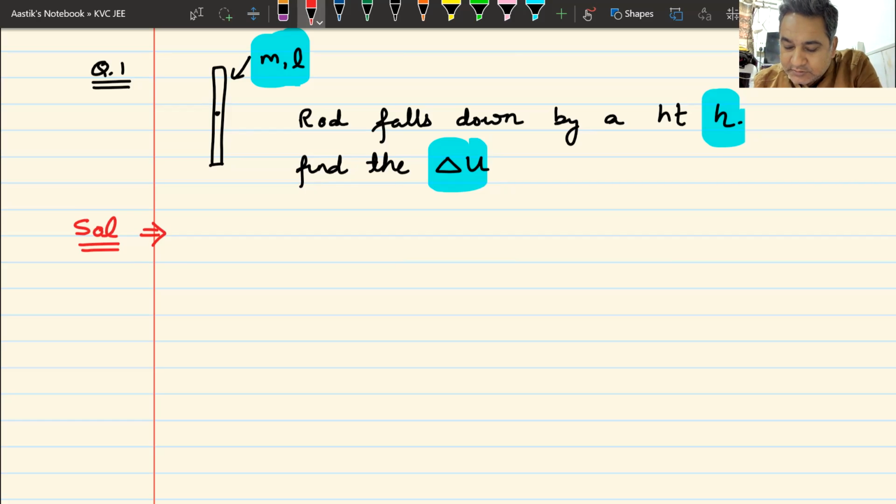Sir, is it in the air or resting on the surface? Yes, beta? If it is resting on a surface, does it fall down? No. It's not resting on a surface, it's in the air. I told you, I showed you the diagram. It's like this. I have dropped it, it falls. It's that simple. I do not give a complicated question in the beginning. That will just complicate your life. I don't want your life to be complicated. Don't worry. Your life is not complicated. Your life is simple.